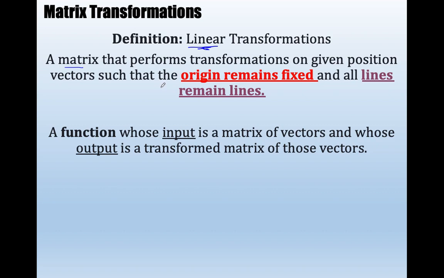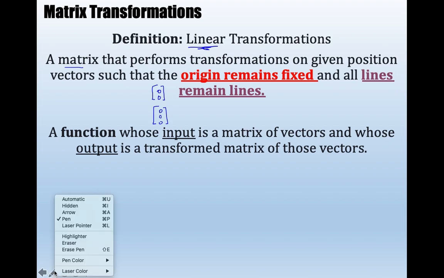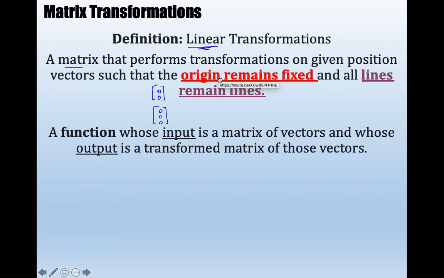So truly, in each one of those warm-ups, I really had another position vector. In 2D space I had 0, 0, and in 3D space I had 0, 0, 0. And all the transformations that we're going to do are going to leave the origin where it is, and all lines remain lines. Now that seems kind of weird, right? What do you mean all lines remain lines? So let me show you a quick